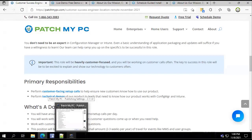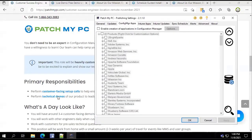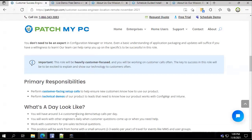And it's also a great time for them to ask questions that they may have about the publisher and the different features within it. Yeah, and I think one key focus is, you may not have a wide background in ConfigMan. You may not have been a system admin in ConfigMan or Intune, and that's actually perfectly fine